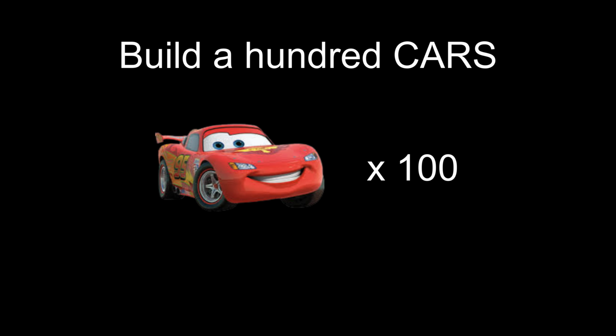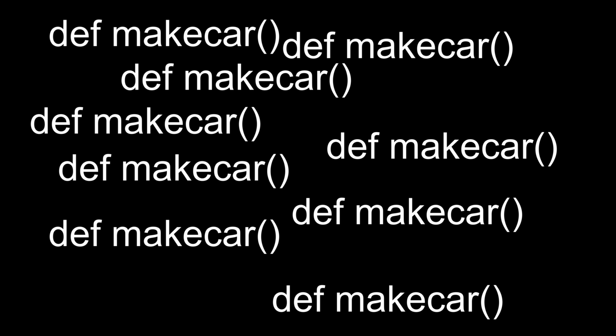So if you're making a game and you want to build 100 cars, you don't write the same code again and again for 100 times to make 100 cars. You just make one class of a car and you make 100 objects from it. You make one instruction manual and you just make a bunch of cars using the same instruction manual. You don't type your code 100 times, you just type it once and duplicate it by 100.